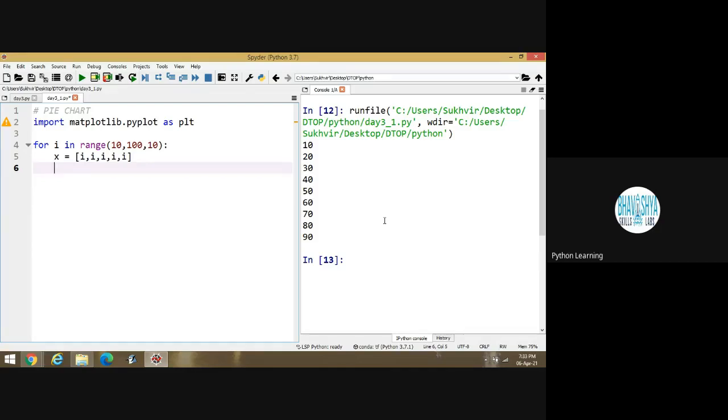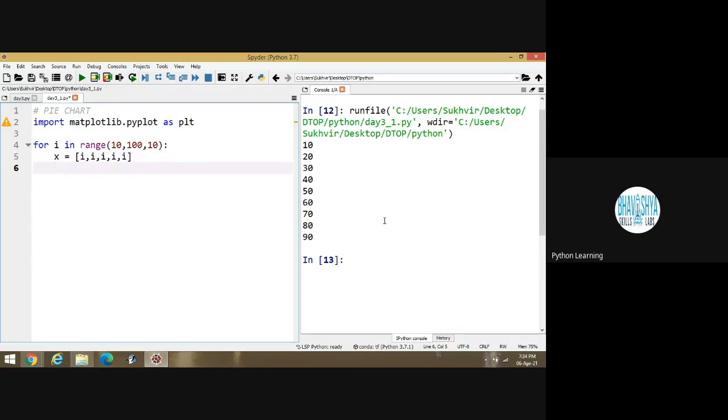In the first step, all the values are equal to 10. In the second step, all the values are equal to 20. In the third step, all the values are equal to 30. Like that all the values are there.